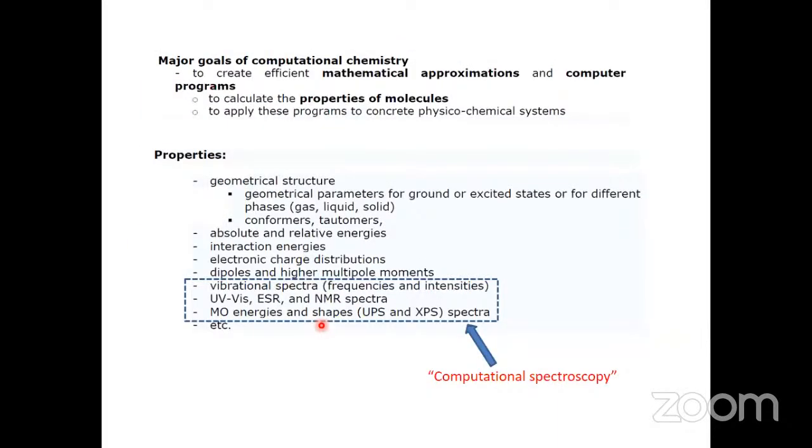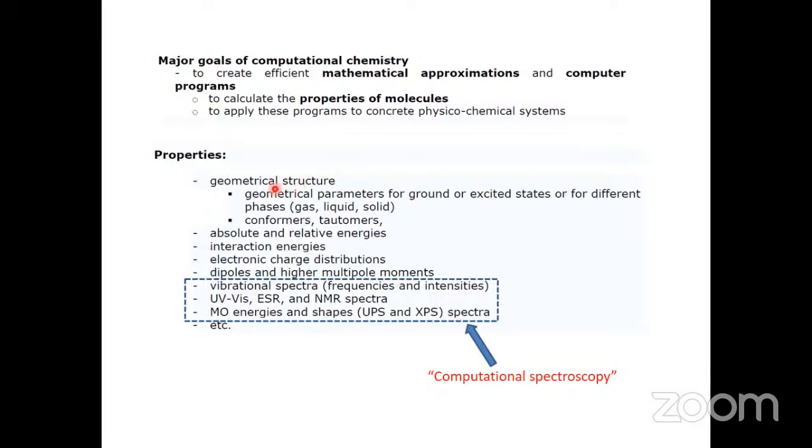So what is the major goal of computational chemistry? It is to create efficient mathematical approximations. Without mathematical approximation, one cannot execute any computational chemistry using a computer program. These are used to calculate the properties of molecules and to apply these programs to concrete physico-chemical systems. With computational chemistry we use geometrical structures, and using those we can gain certain insight regarding